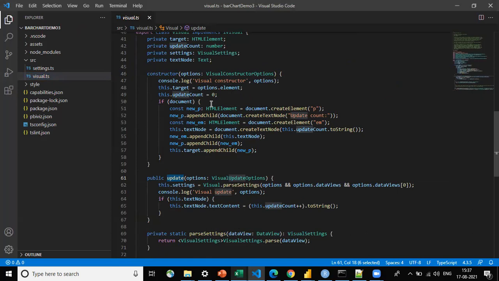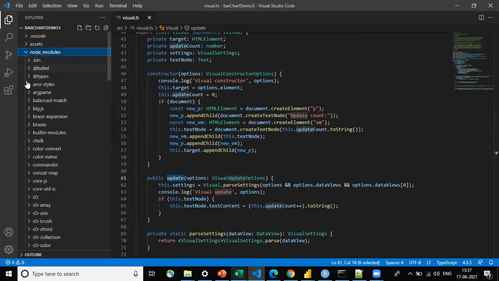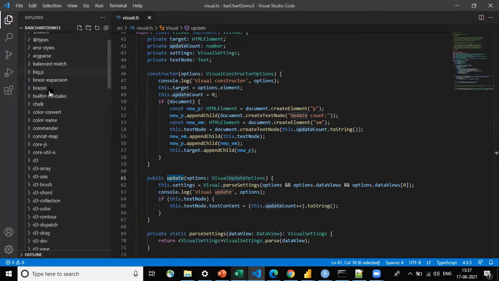The main part of TypeScript is something called the d3.js package. Inside this node_modules, you'll have lots of inbuilt packages for different shapes. The main package here is D3. D3 is nothing but data-driven documents. This is a web-based package for creating shapes.